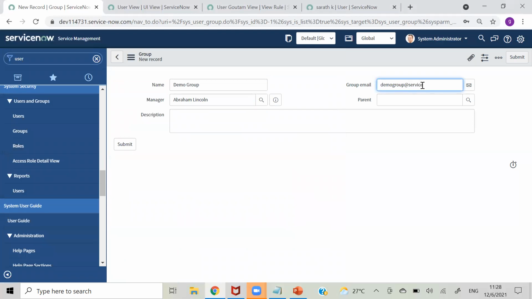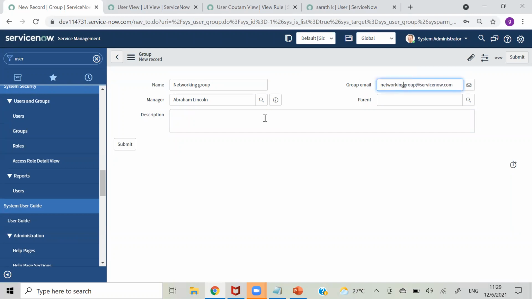This is just for practice purposes, but in real time each and every group will have a separate email ID. For example, we will take a real time networking group, so here also we will give networking.